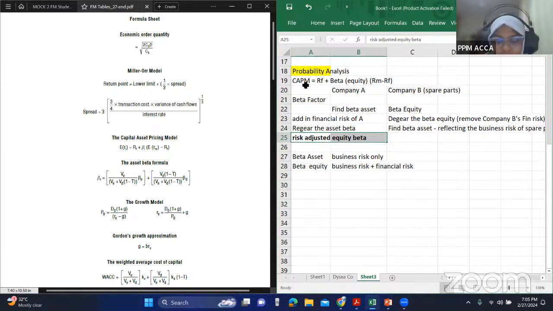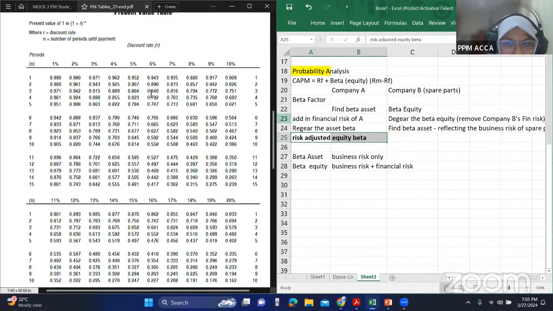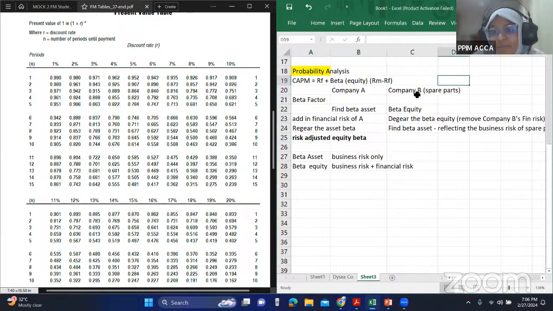You can use it with, maybe if you want, you can add the cost of debt and then use it in the NPV calculation. Whatever answer you get, we have taken into account risk as well. Okay, so why I took time to explain this is it's a very famous question. Now company B, there's a name we give it. We call it a proxy company. Okay, we call this the proxy.